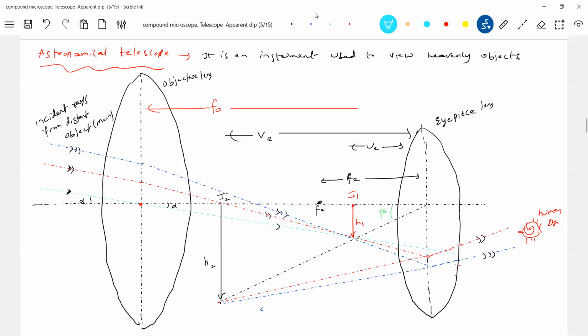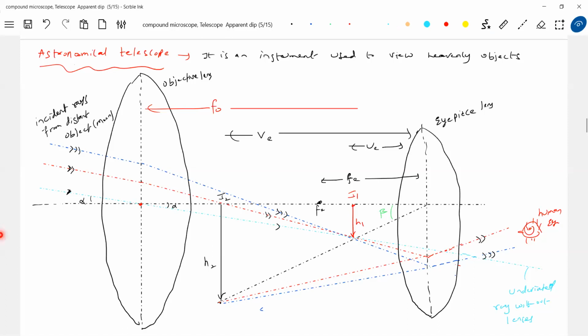That we have to show undeviated. The blue color ray, okay, it is for our reference. We have to show that undeviated. Okay, this one. This is the undeviated ray without lenses. If there were no objective and eyepiece lens, the ray would have gone undeviated. Even the red color or the violet color rays, all go undeviated, and they're incident at an angle alpha here.